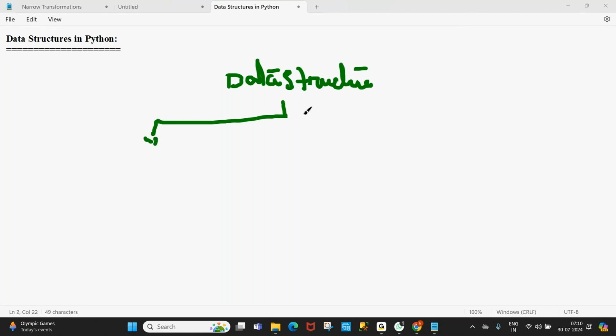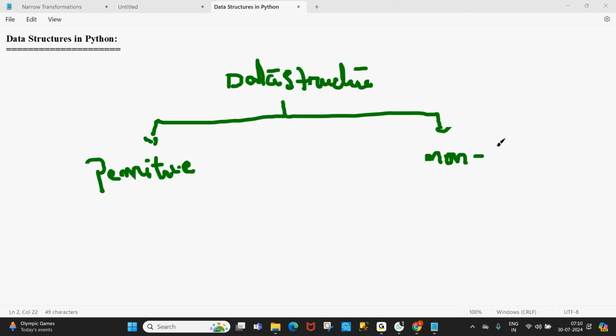If you look at data structures, they are two types in Python: primitive data structures and non-primitive data structures.